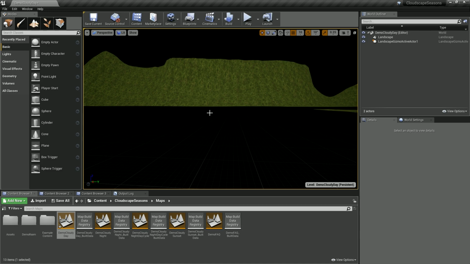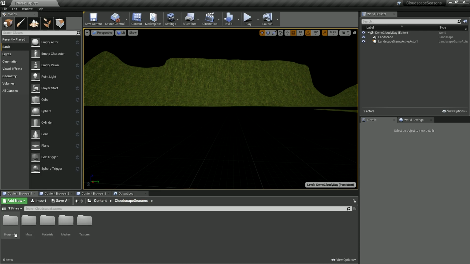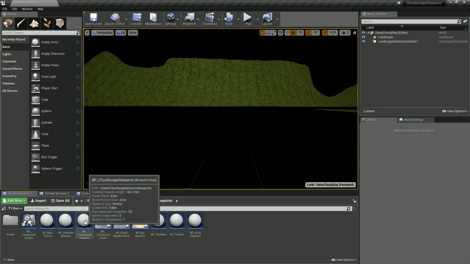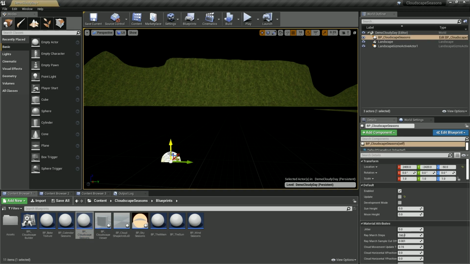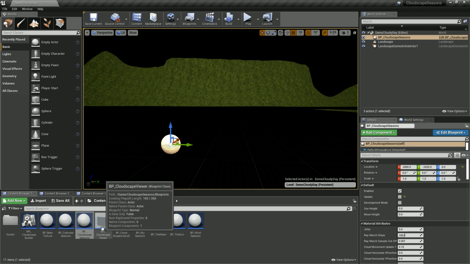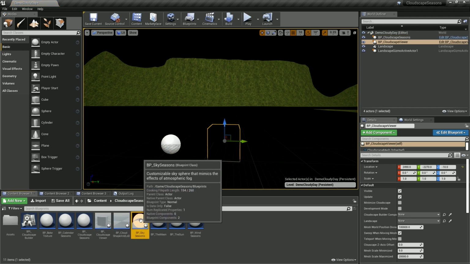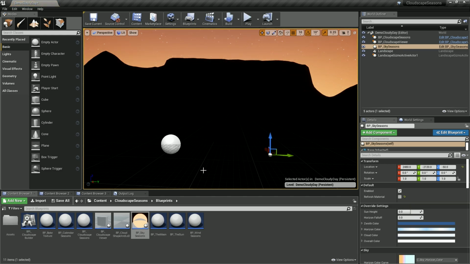Just for starting, the first thing you need to get here is to place in the blueprints folder. The blueprint folder will start to get first of them a BP Cloudscape Viewer, Sky Seasons,